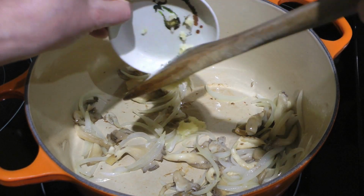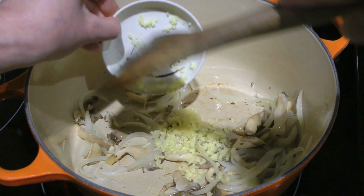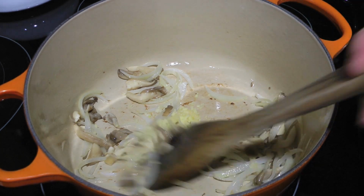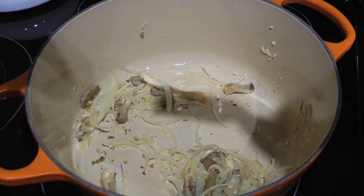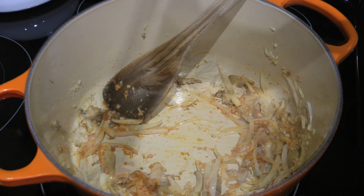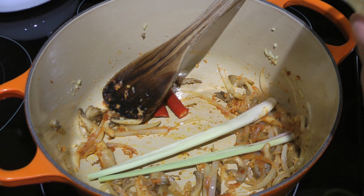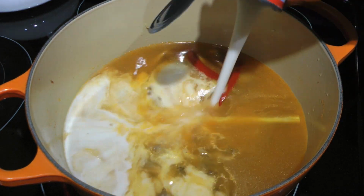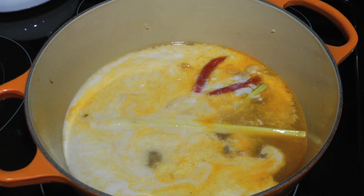Next, we'll add pressed garlic followed by ginger, although galangal is the most traditional ingredient to use if you can find it. We'll quickly saute these two for only 30 seconds. We'll now add red Thai curry paste and stir to coat before adding the lemongrass stalks, the chilies if you're using them, some low sodium chicken broth, a can of coconut milk, a couple tablespoons of freshly squeezed lime juice,